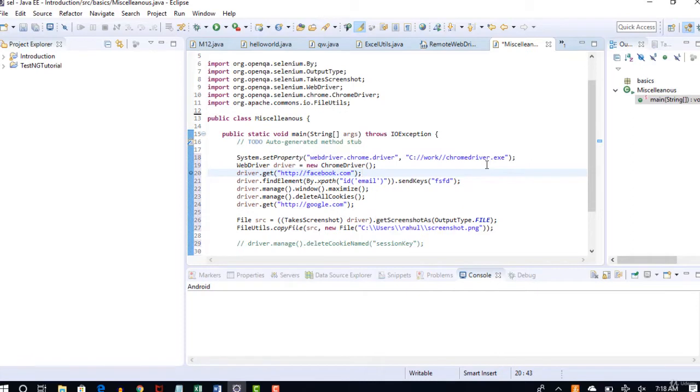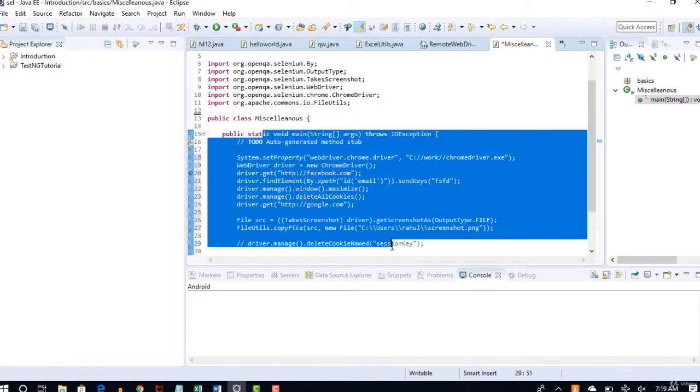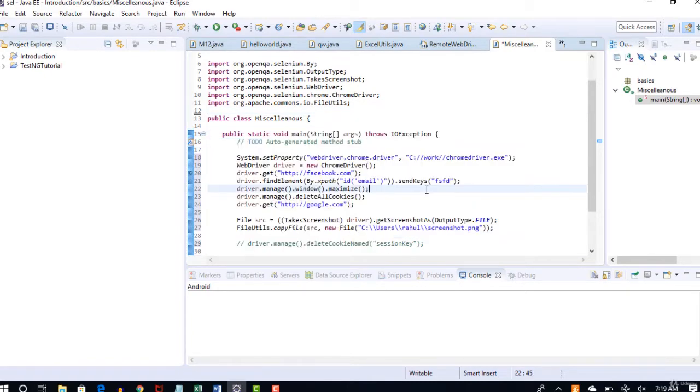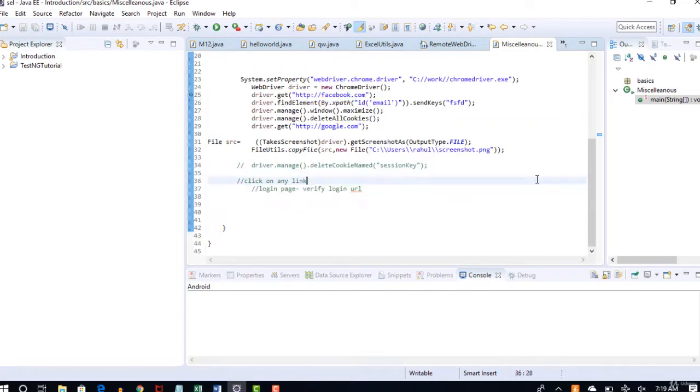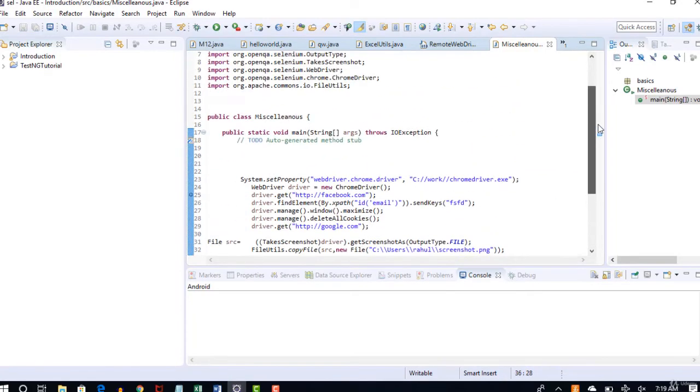You see how this got formatted? Basically I clicked Control plus Shift plus F, and that formatted it like this. You see that all the spaces are gone and this looks very neat. What was our previous code? Let me undo this again. When you undo, I have it in a different fashion.